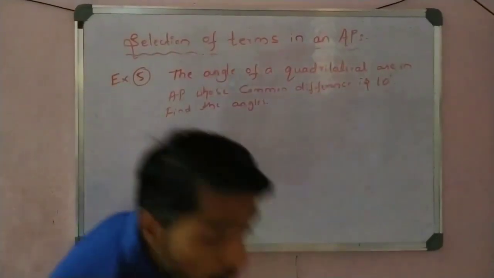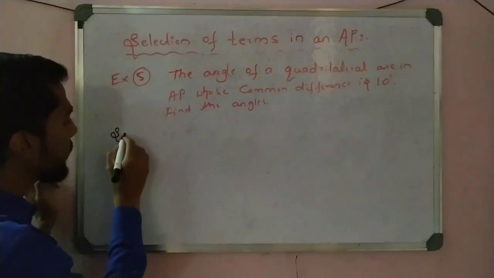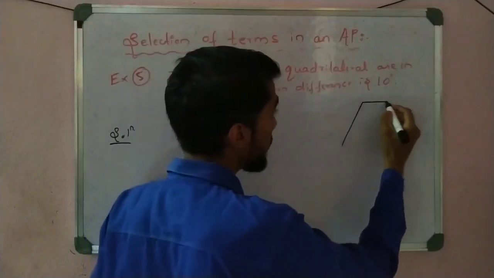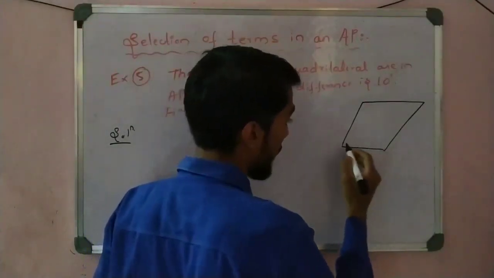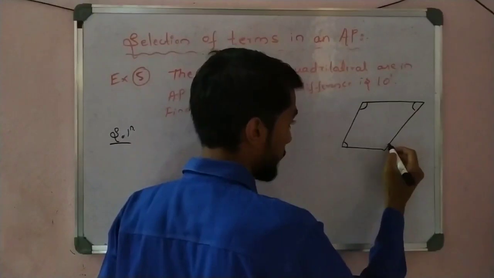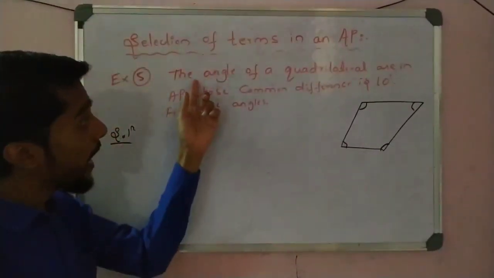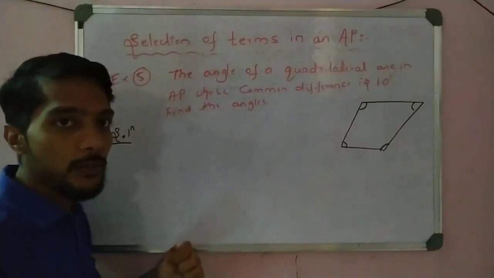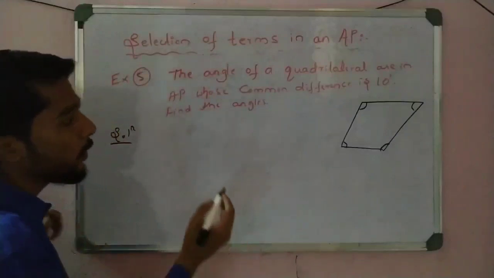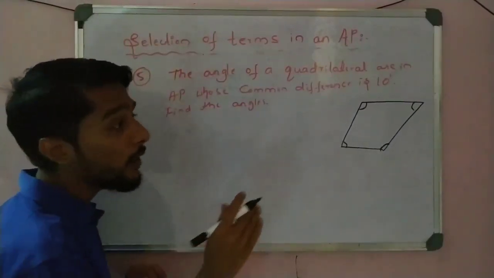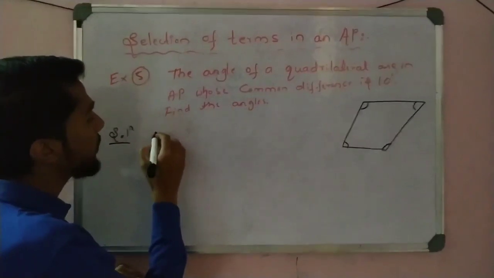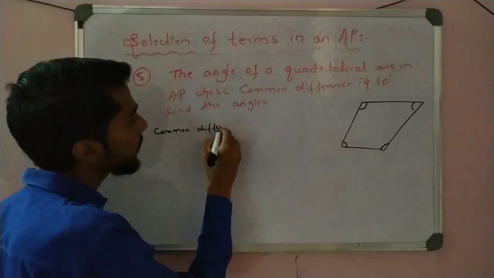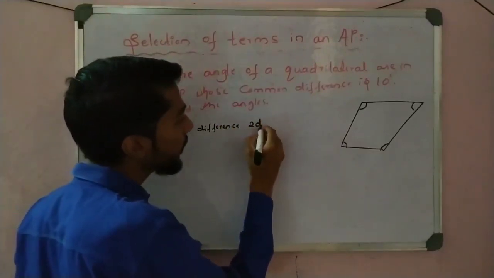Okay students, we know about the quadrilateral in the 8th class or the 9th class. What is a quadrilateral? A quadrilateral is a figure which is bounded by 4 sides and which has 4 angles. See here, the angles of the quadrilateral we have to find, means how much? 4 angles. 4 angles means what? 4 terms, correct? So I can take the 4 terms concept here. So 1 term, 4 even. So in even what we do, we take the differences, okay, the common difference, we take that 2d, right?